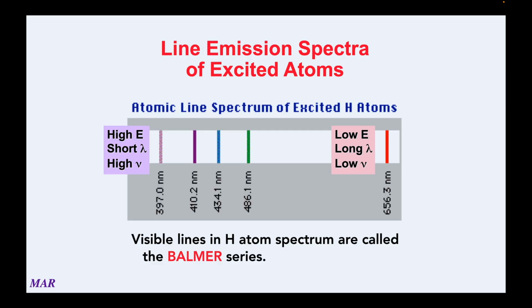We're going to see a lot of hydrogen here, but I just want to focus again on how wavelengths are getting bigger as you go left to right. So you can see 397 is smaller than 410, et cetera, all the way up to the big wavelength at 656.3 nanometers. But as wavelength gets bigger, that means the frequency is getting smaller. So on the right-hand side, we'd have the lowest frequency, and the left side, we'd have the highest frequency. And finally, because frequency and energy are proportional, that means that the red light would have the lowest energy, and the wavelengths on the left, the purples and blues, they would have the highest energy,